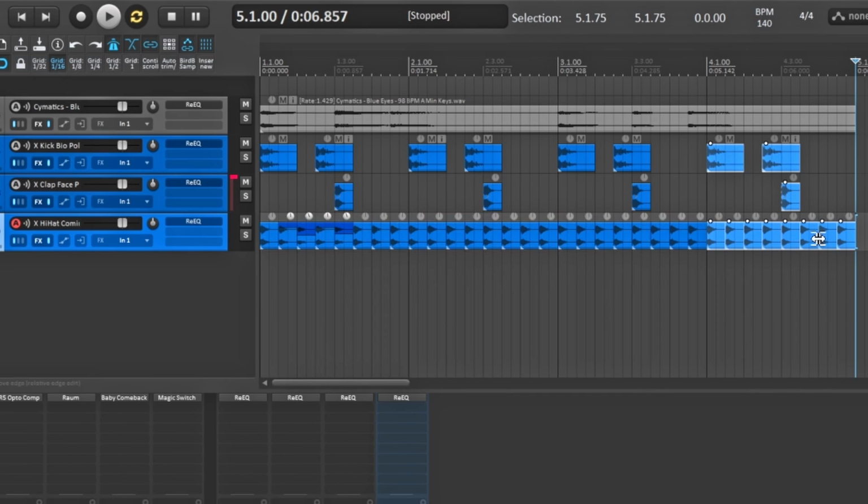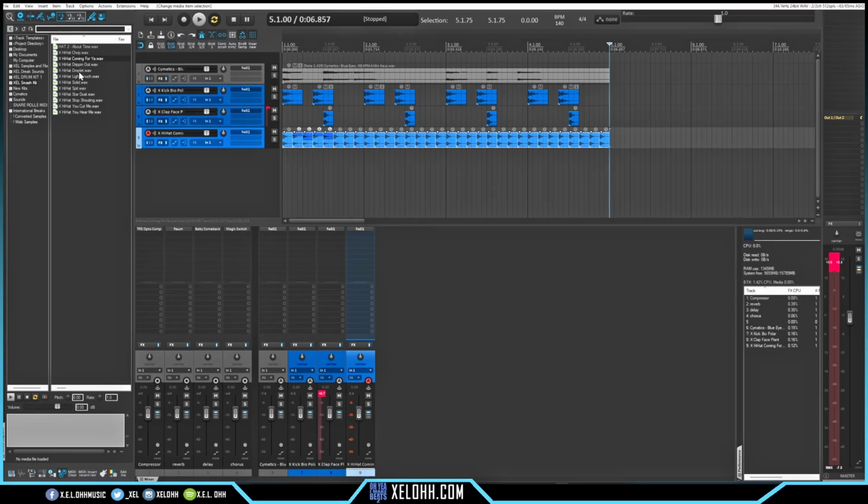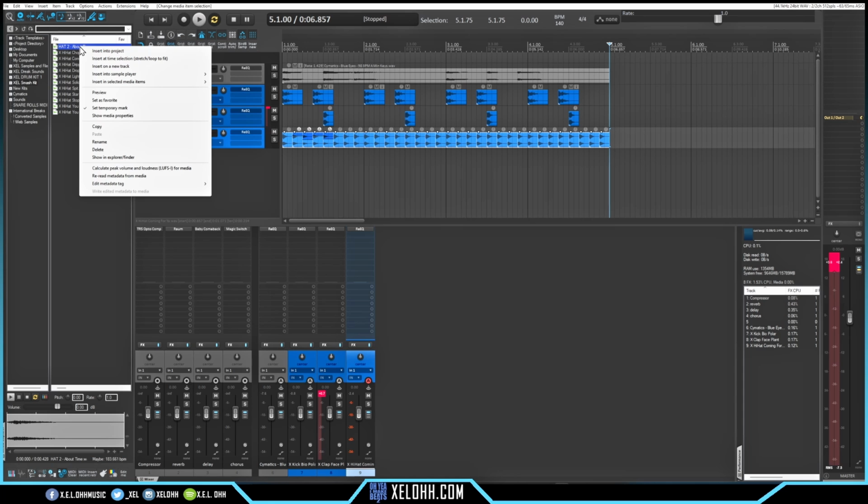But let's say that you didn't want this hi-hat. You didn't like the way this hi-hat sounds and you wanted to use a different one. If you double click the track, it'll highlight all of them on here, all these hi-hats, right? And let's choose another hi-hat, and once we right click on it,